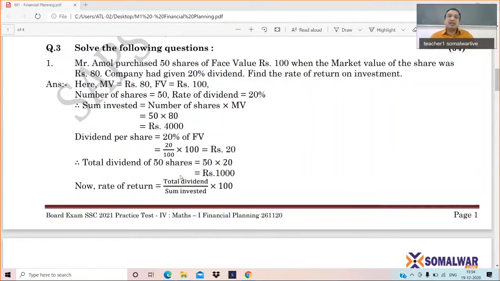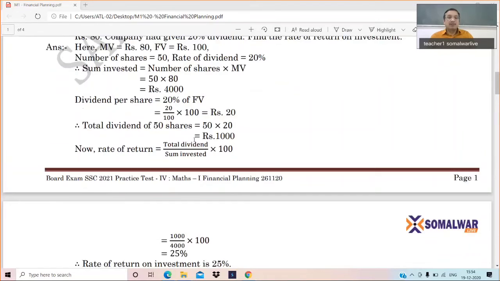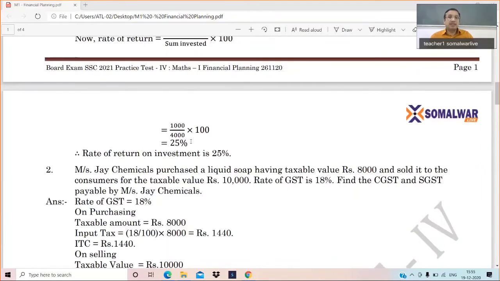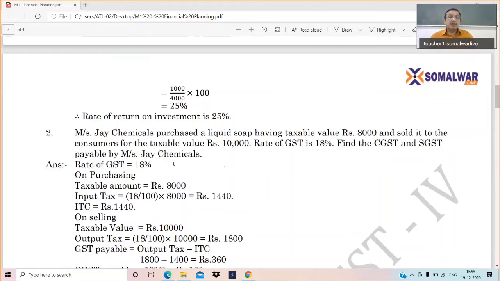So whether you calculate it for one share or for all the shares, the answer will always be the same, because it is on a percent basis. So I advise that when you have to calculate only the rate of return, calculate for one share only, not for all the shares, because otherwise you have to do large, more calculations. Now, coming to the second, I hope you understand what I want to say. Make your steps fewer, but with perfection.